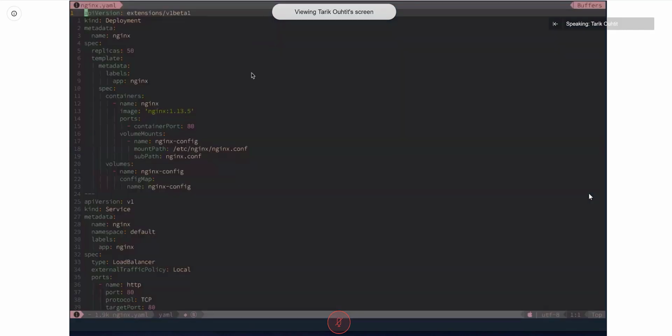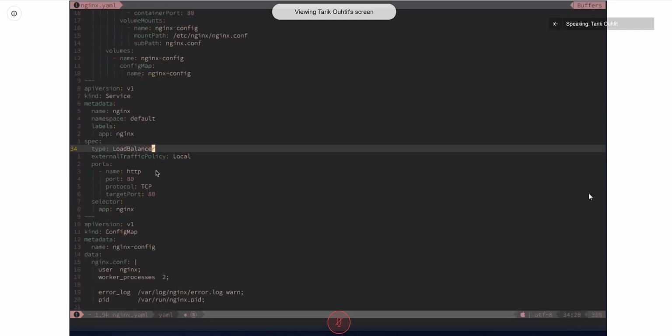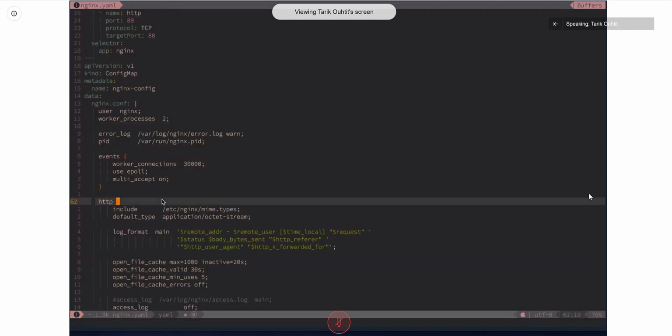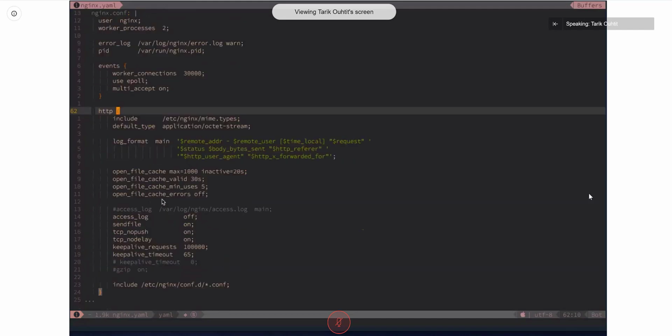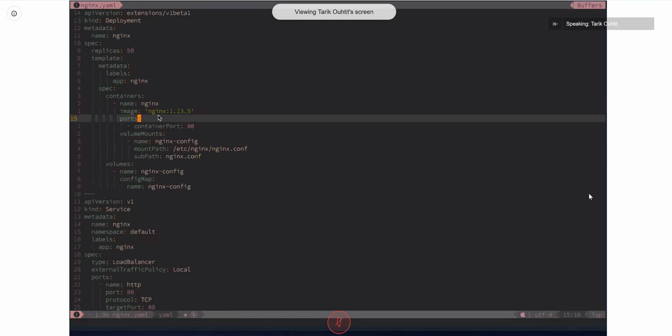So I've got this basic Nginx deployment with Kubernetes, and it consists of a Kubernetes deployment, and it's called Nginx, and it deploys the Nginx image. It listens on port 80. I've then got a service with a load balancer in front of these containers. And I just pass in an Nginx configuration file, which just makes configuring Nginx a bit easier. That will get mounted in the file system in the container.